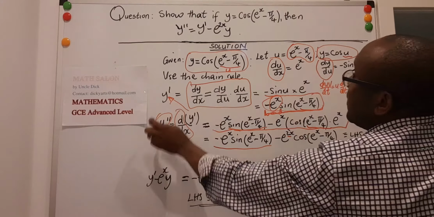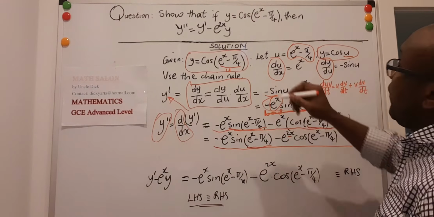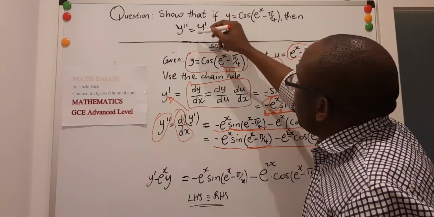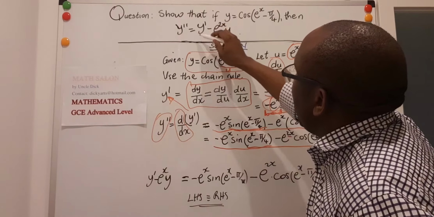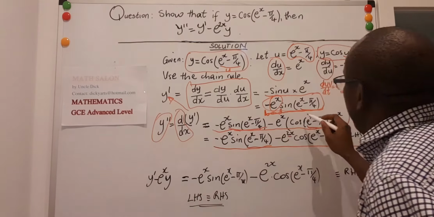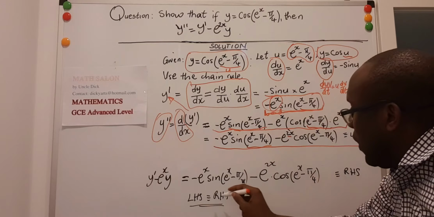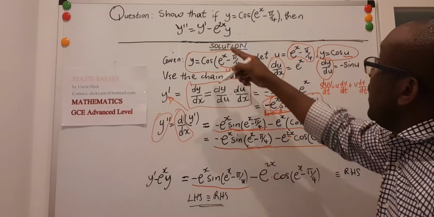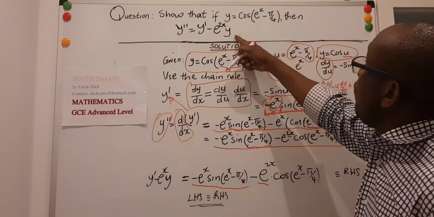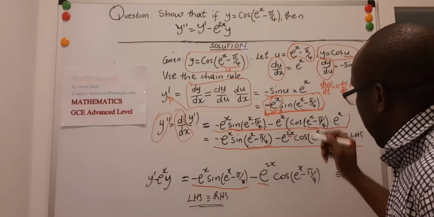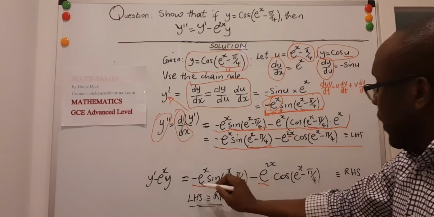So this is the left-hand side of what I needed, that is it here. I'm left now just to check to see if the right-hand side would be exactly the same as the left-hand side. The right-hand side says I should take the first derivative of y, which is what we already had, minus e to the x sine of e to the x minus pi on 4, and that is it there. It says minus e to the 2x, that's the e to the 2x, and y, but y is given here. I just write it there. Cosine of e to the x minus pi on 4. And if you look at these two,